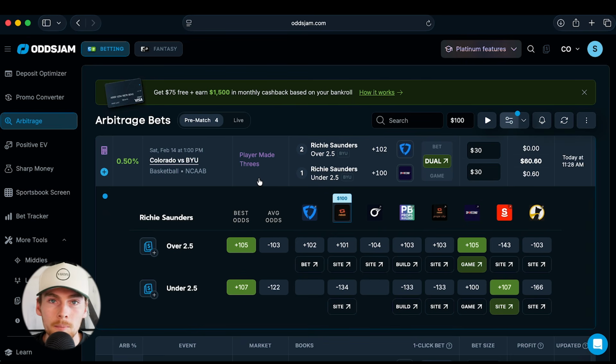We know FanDuel is a sharper book than Sportsino is, so there's point number one when trying to find cross-market EV: you want to take the play on the less sharp book. FanDuel is setting the line better than Sportsino is, and when we compare multiple books, we see that same thing, that FanDuel has a sharper line on this play than Sportsino, so we can take advantage of the value that Sportsino is giving us. Now you can find these cross-market EV bets by yourself right here on the OddsJam arbitrage tool,